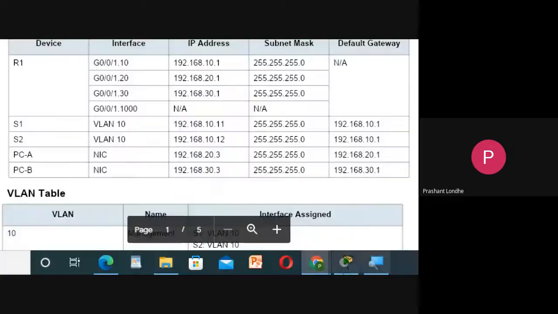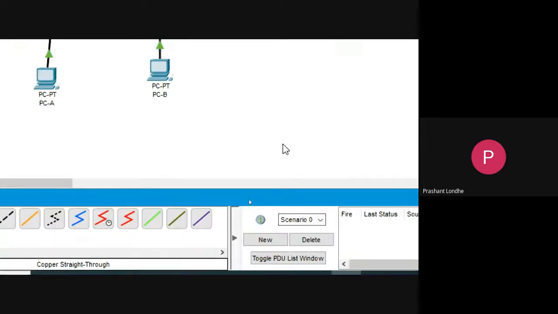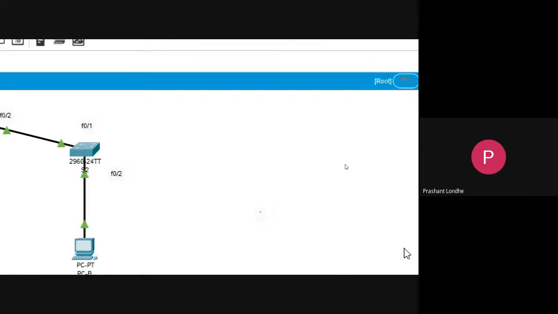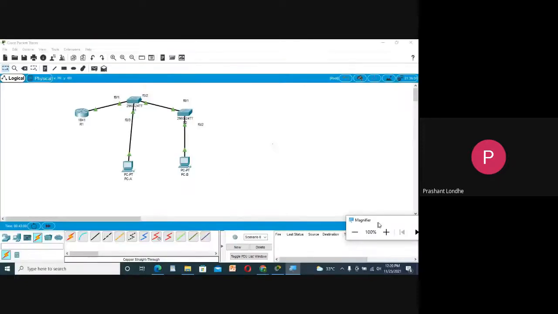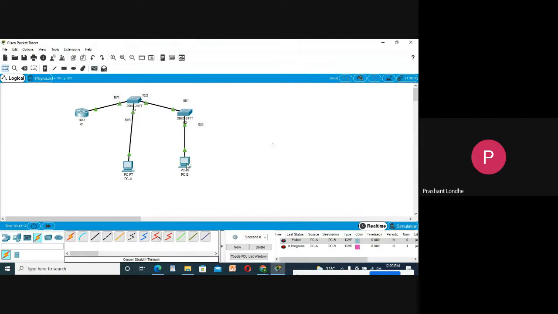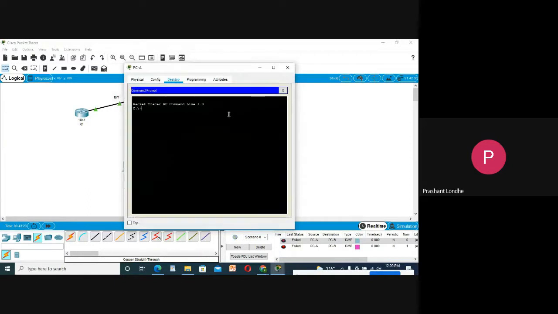Now let us check the output. Let me send the packet over here. Okay, it is coming as failed. Let me go to the command prompt and fire some command, ping 192.168.20.1. Let me check.